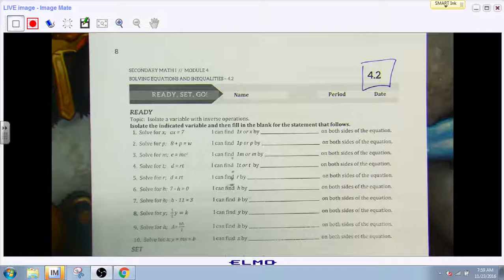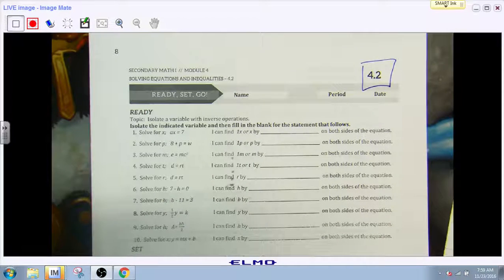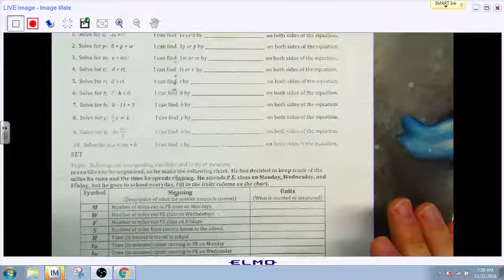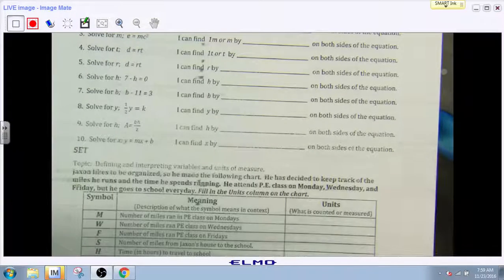I'm going to try to jump around to some of the more tricky problems to kind of reward some of you that are watching these videos with some of the more difficult things that maybe we don't have time to cover in class. So for 4.2, I really want to go down to number 8 here. So let me zoom in. Okay, so number 8 is asking us